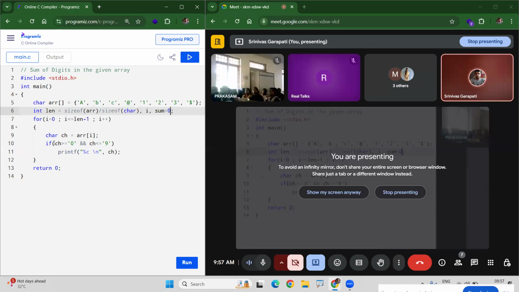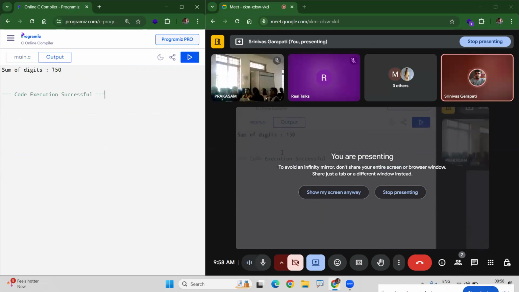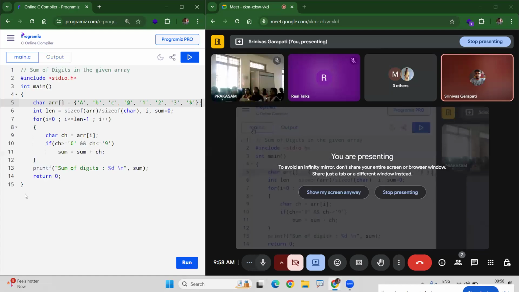Whenever you find the character is a digit, simply you add it to the sum. Sum is equal to sum plus that character. And outside, we are printing the sum of digits. But look at this, a very important point here. 1 plus 2 plus 3, we are expecting 6. But when you run the code, 150 is the output. What is that? The simple reason is